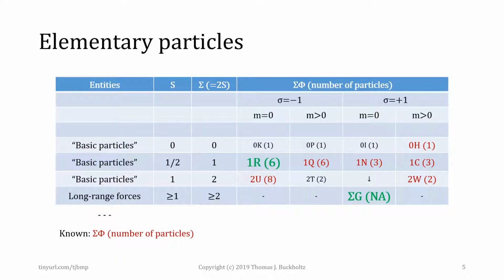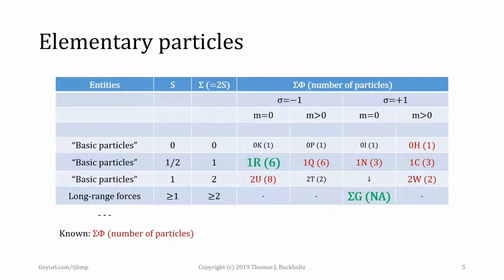This table shows results regarding elementary particles. Results regarding long-range forces come from the same modeling basis as do results for so-called basic particles, but do not show well in this table. The second column shows spin. The rightmost 4 columns show particles. Generally, particles for which little sigma equals -1 occur in today's universe in hadron-like particles and atomic nuclei. Particles for which little sigma equals +1 correlate with the term free-ranging.